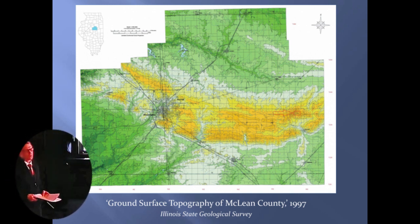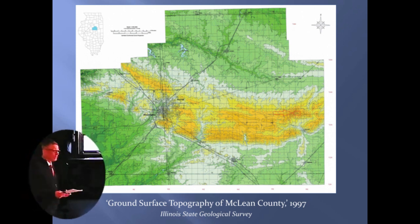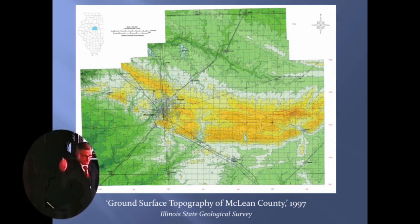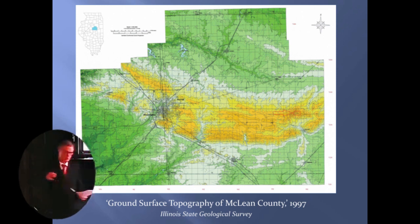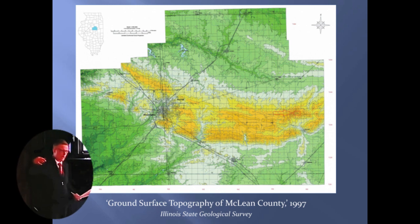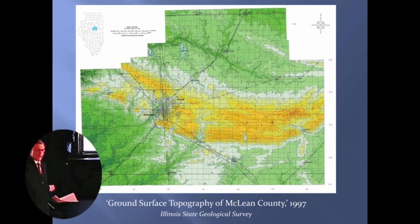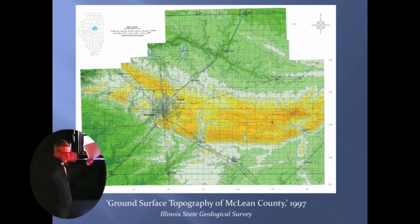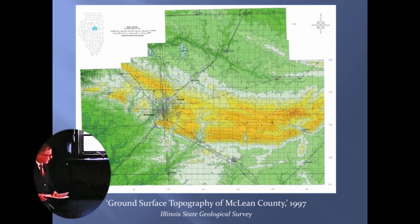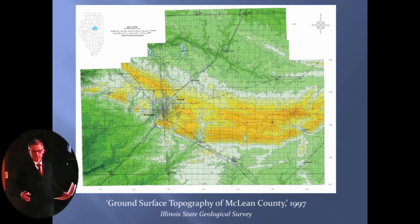It was created during the last ice age, some 20 to 25,000 years ago, as the ice sheet was retreating, right? Where we're standing now was about a mile-thick ice sheet, right? And as that sheet would halt periodically for decades or longer, a lot of ground-up material would be pushed to the front of that ice sheet and deposited, the retreat would continue, and you'd be left with a ridgeline, right? So this is the defining characteristic of our county, right? Elevation,